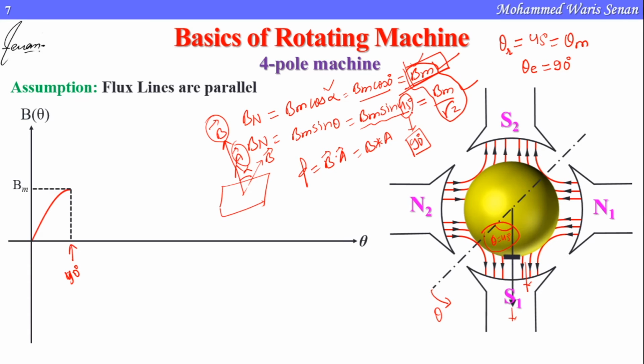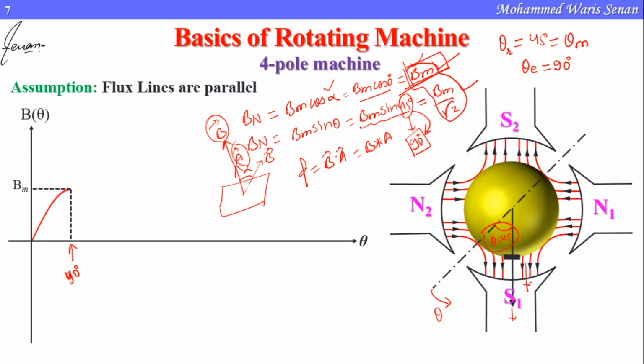We have the rotation angle as 45 degrees, which we have just seen. The rotor is rotated by an angle of 45 degrees. So if you put the value of theta here, it will be Bm by root 2, which will not be equal to the actual result. But if we modify this angle from 45 to 90 degrees, meaning we make it twice, the result will be fine. The result will be equal to Bm, which is the actual value.